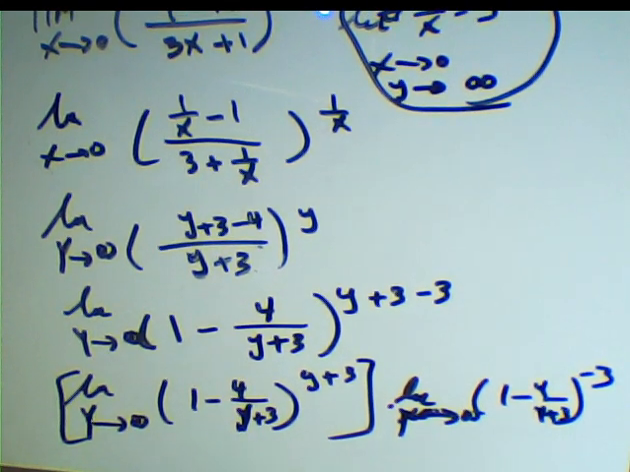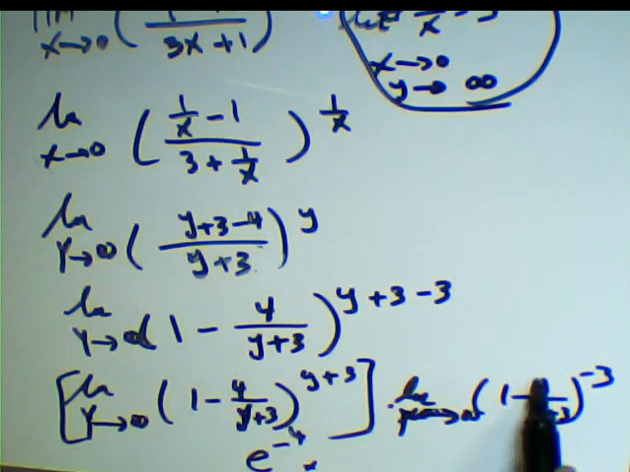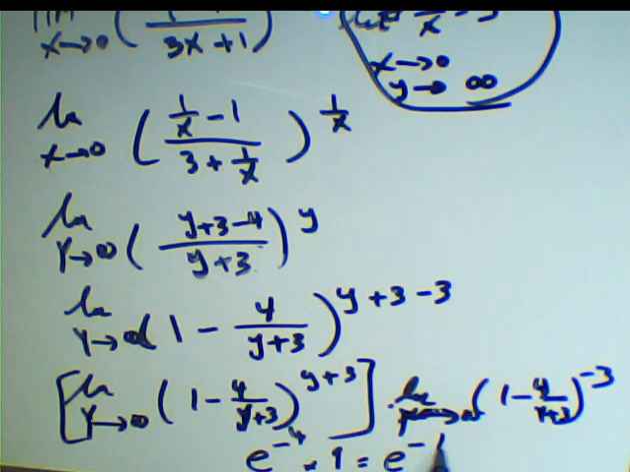The result for the first function, where the exponent matches the base, will be e to the power negative 4. Multiplying, when y equals infinity, 4 over infinity is 0, so 1 minus 0 equals 1, to the power negative 3 equals 1. The result will be e to the power negative 4. Okay,